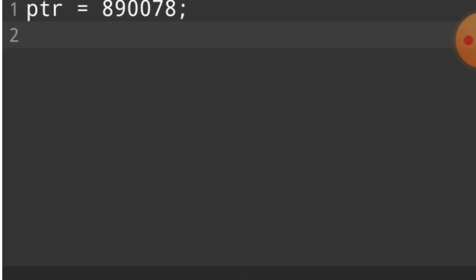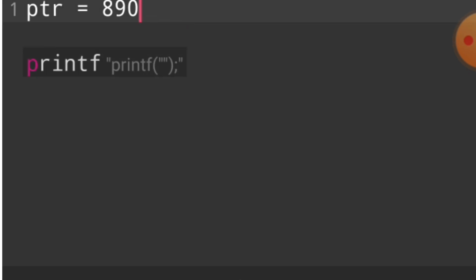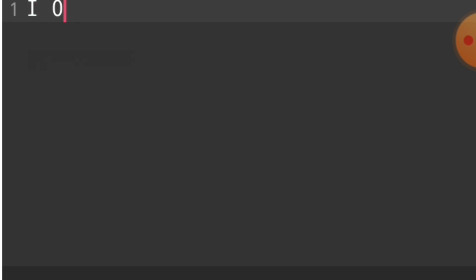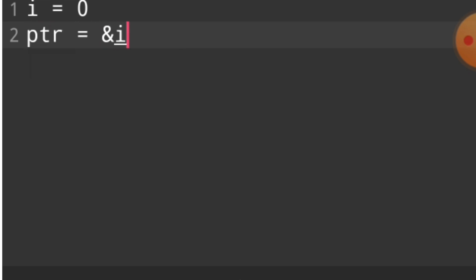If we store any address in a pointer, for example ptr, the value of 890078 is printed. I ask you this question: if we say i = 0, and then we declare a pointer, in the pointer we store the address of i. This is a pointer.